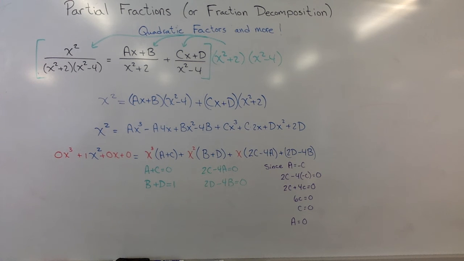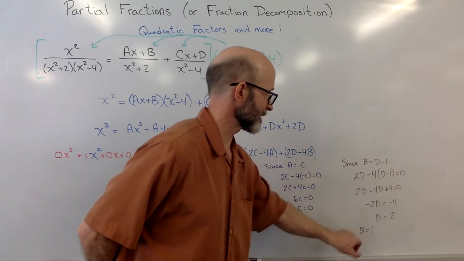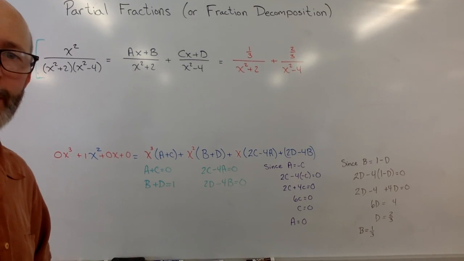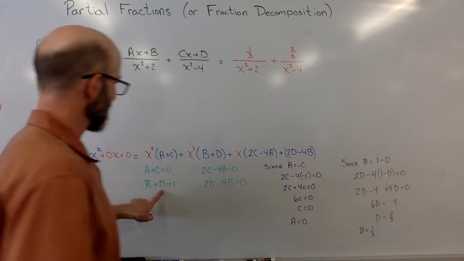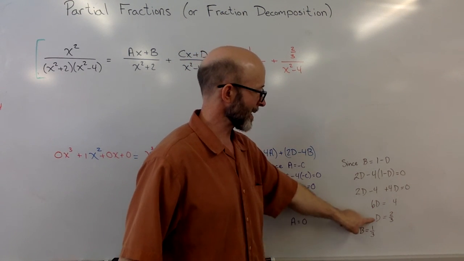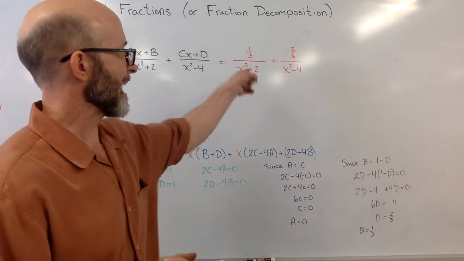Then we look at b and d. Doing a little substitution there, we find out that b is going to equal d minus 1. I substitute that in. D is 2, b is 1. That means this whole big, ugly equation up top can be written as, well, that's the answer, but there was a unique thing that happened there. I did my math wrong. I actually solved this for b and said d minus 1 when really it's 1 minus d. That threw off my numbers over here. So b and d are different. But I found that out by checking my work. Add those together to check